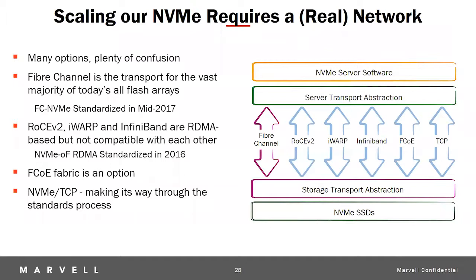Today, most of the SCSI block storage protocol runs on Fibre Channel. Over 90% of Fortune 1000 customers deploy Fibre Channel to run their tier 0, tier 1 workloads. About 80% of all flash arrays attach to Fibre Channel. 96% of the world's banks, airlines, and retail attach to Fibre Channel, and billions of transactions go through Fibre Channel every day. So Fibre Channel is a transport that was built from the ground up for storage and storage only, and